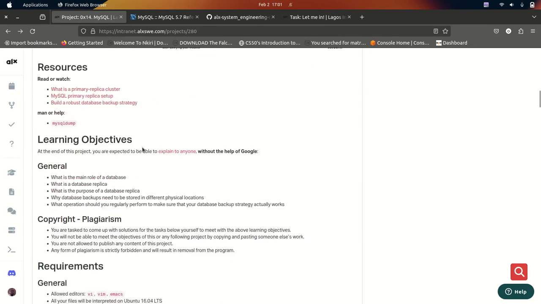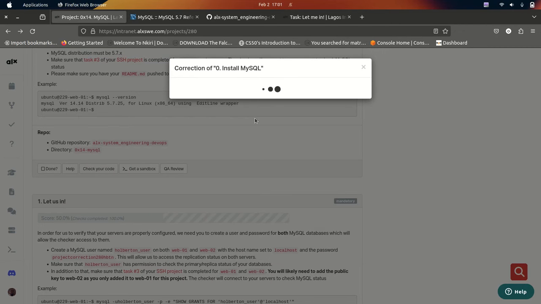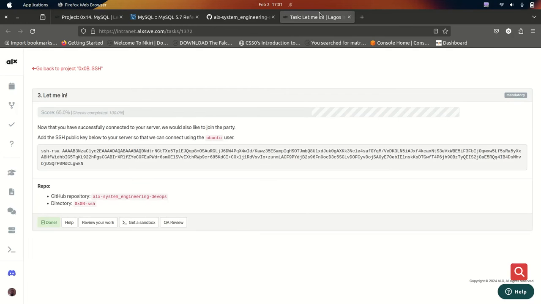But just before we continue, let's see that we've done things right by using our checker. I think we should have two checks working properly, because MySQL is not yet installed on the Web02 server. Let's see what happens now. We should have two checks. Yes. Now if you did all that perfectly and your MySQL is installed, but you still don't have these two checks after installing on Web01, then you should go to the